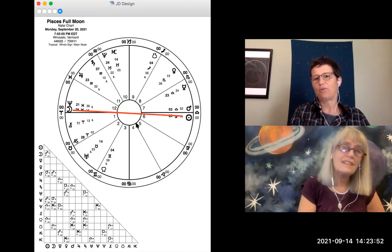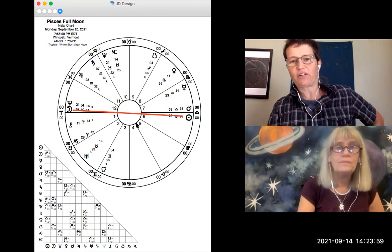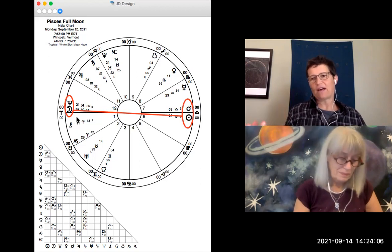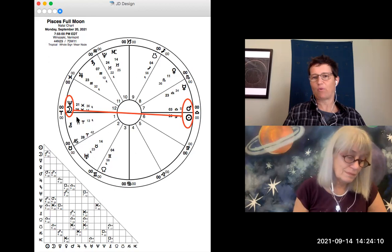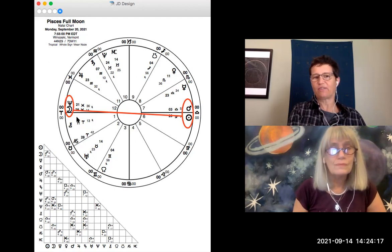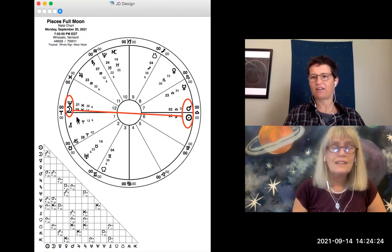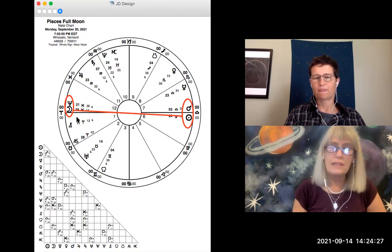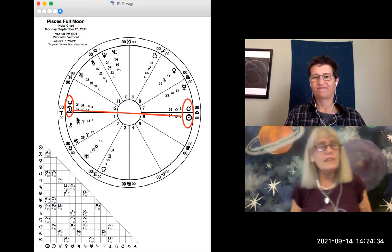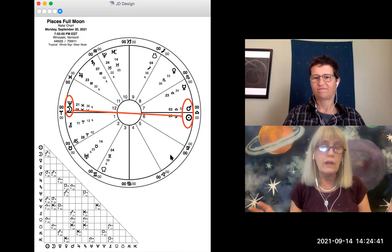The other thing that you can't help but notice in this chart is that the sun is conjunct Mars. It is across the sign line, but it's still within a 5-degree conjunction of the sun, and the moon is conjunct Neptune. So what you have is a very masculine sun Mars, which is very boisterous, saying I'm going to be big and bold and loud. And then you have the moon in Pisces right up against even more mysterious Neptune. So it's a very yin yang type of chart we're looking at here. Yeah. Also rather passive aggressive. When you bring Mars and Neptune together, it's really interesting, because with Neptune conjunct the moon and Mars conjunct the sun in that opposition,